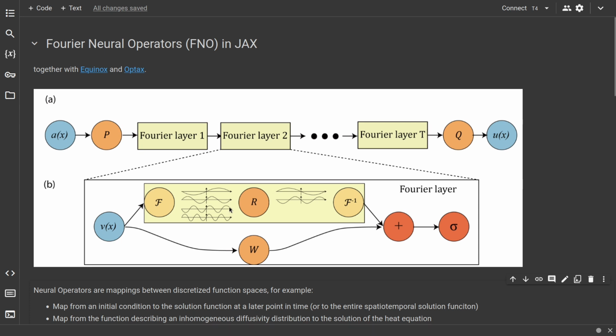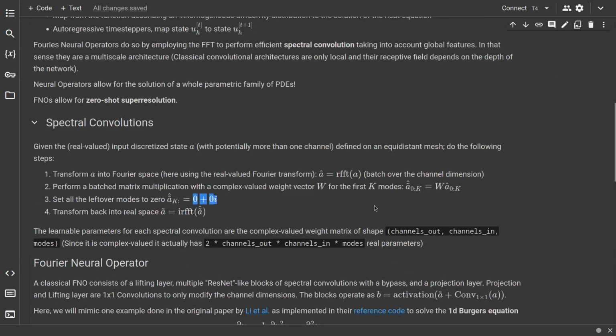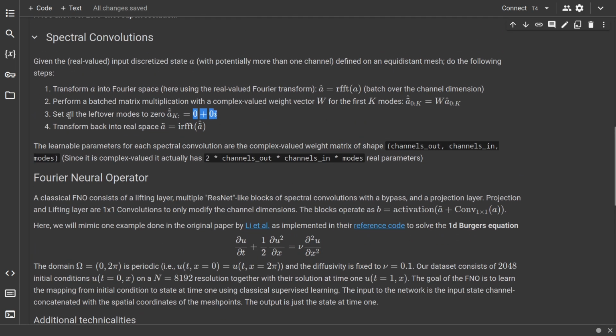And to some extent, this aids us in our multiscale architecture because with these modes we already have the global information in. The higher modes usually refer to very localized high frequency information, but the lower modes are what we actually want for the global information. So once we then have the transformed modes, we will apply the inverse Fourier transformation. This is the IRFFT, and then we will get this, which I denoted here as A tilde, the result